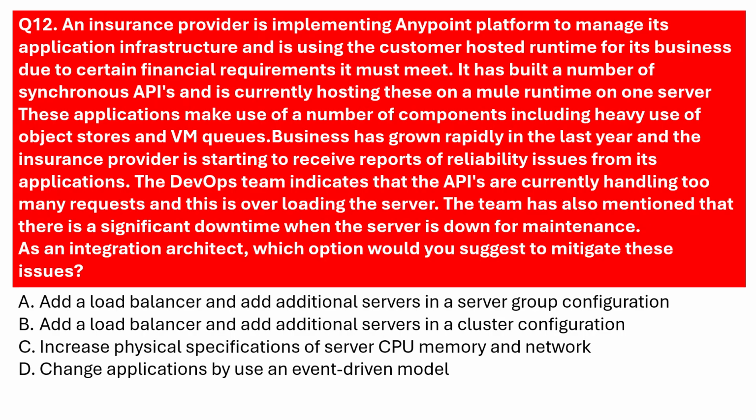On one server, these applications make use of a number of components, including heavy use of object stores and VM queues. Business has grown rapidly in the last year, and the insurance provider is starting to receive reports of reliability issues from its applications. The DevOps team indicates that the APIs are currently handling too many requests, and this is